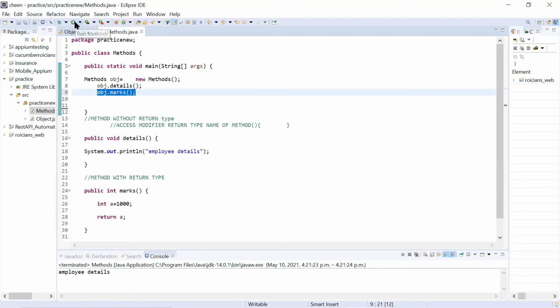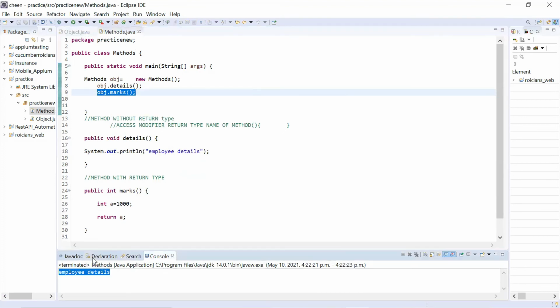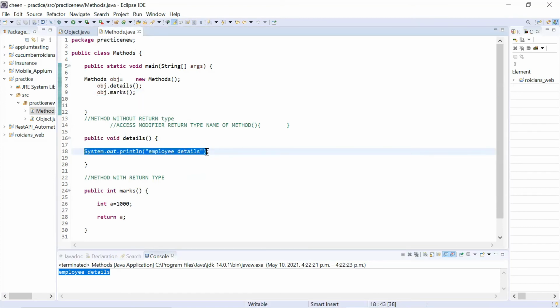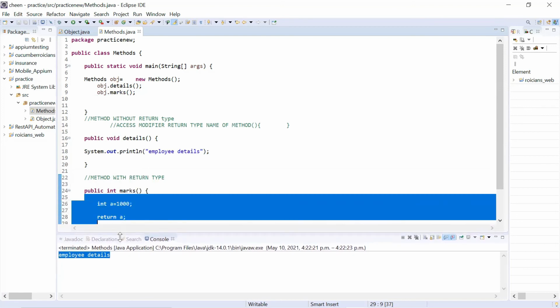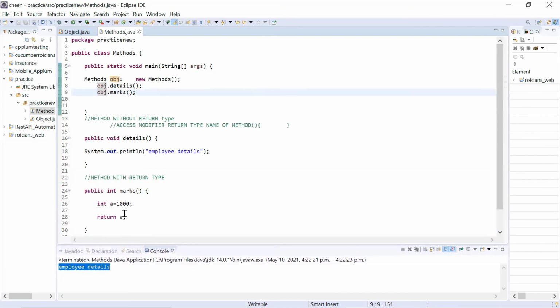Now let's execute this program. So the first method got executed. There was a print statement in it. That's why I can see employee details, because the print statement was part of it. But this is not printing me anything because in my method's body, there is no print statement. So it won't print anything. It got executed, the compiler compiled it, but I cannot see anything, because there is no print statement. So what I have to do if I want to see the details, if I want it to return me what I expect, is write system.out.println again.